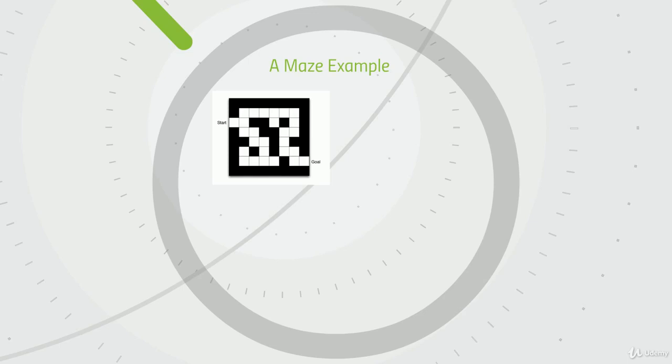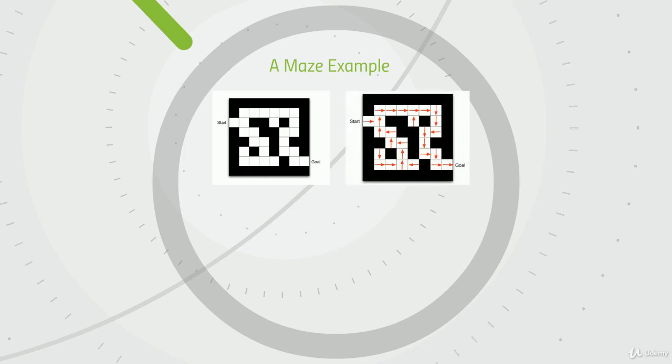So if we're using policy, this is what a policy might look like. And in each little box, an arrow is going to represent the policy for each individual state. So if you look at this upper right image, if our agent was in the very bottom left box, you'd see that he would move to the right, because this is the ideal direction to move if you are in that particular state. And you can see starting from our initial state, we're simply going to follow the maze along in the shortest available path and reach our goal.